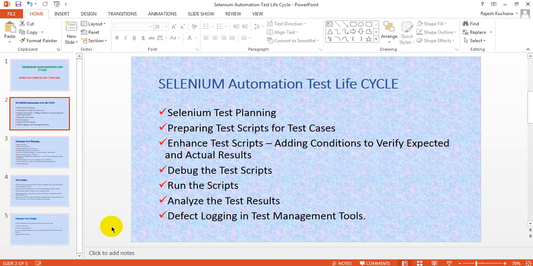Okay, debug, defect log. Once you find out the defect, what is the defect, why it has been raised in your test scripts while execution, then only you can log the defects: what are the steps to reproduce, what is the expected and actual result it has given. So what steps you have written, what script you have written, what is happening, and why it has given a defect.